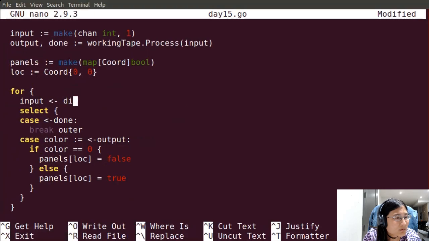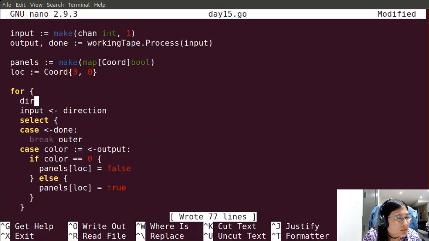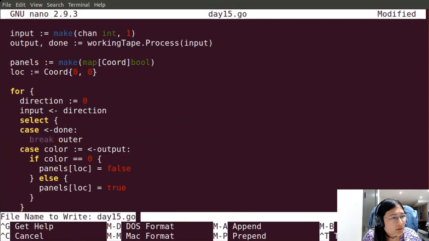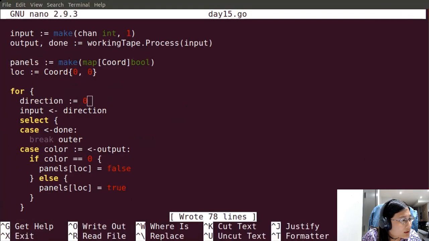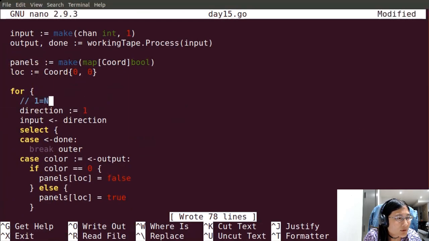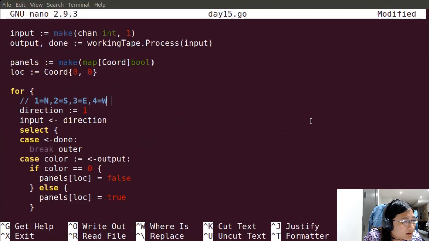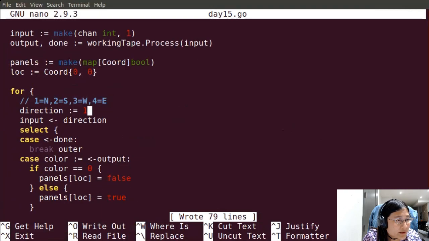So let's feed direction equals 0. Oh, no, it only understands 1, 2, 3, and 4. North, south, west, east. So report on the status.